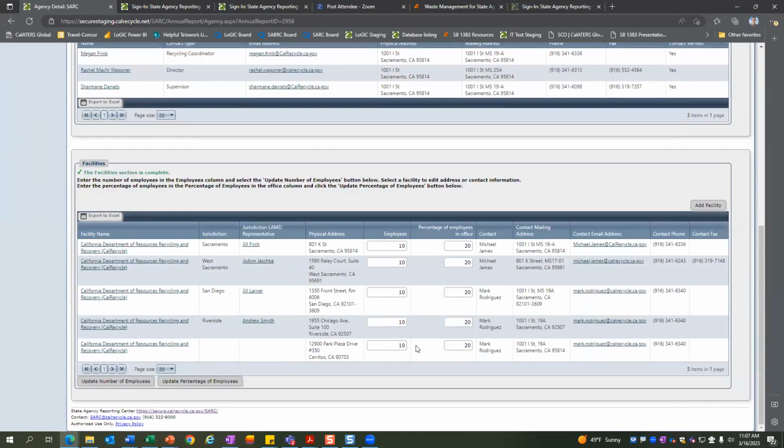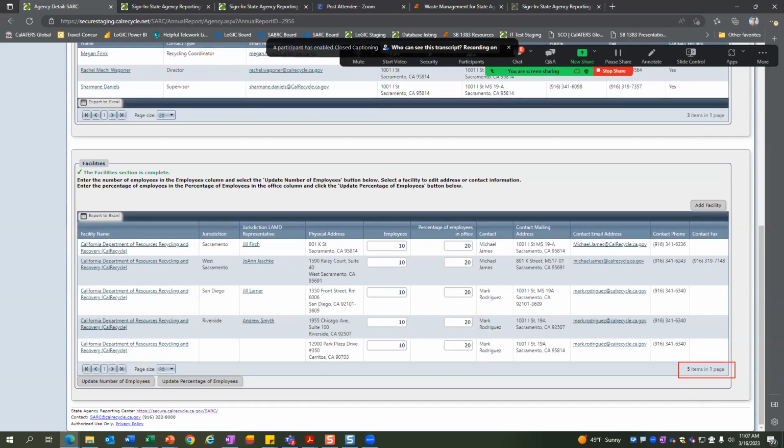So it would be like this, right? But you'll have many pages with many columns. So yes, per facility here on employees and percentage of employees in each of those facilities.